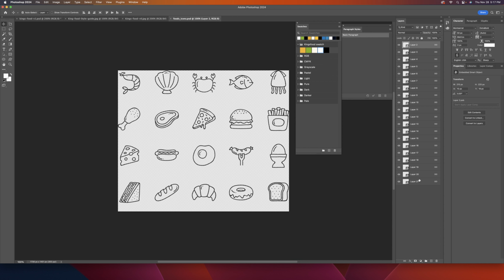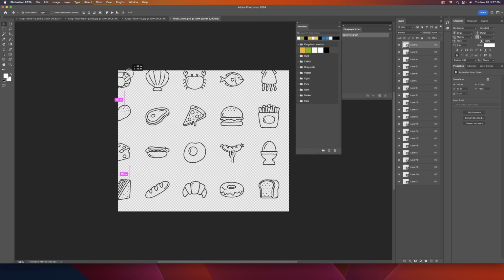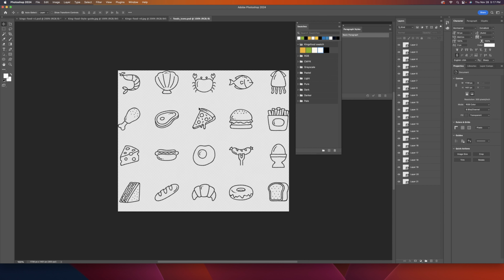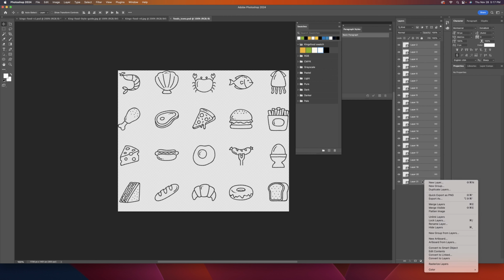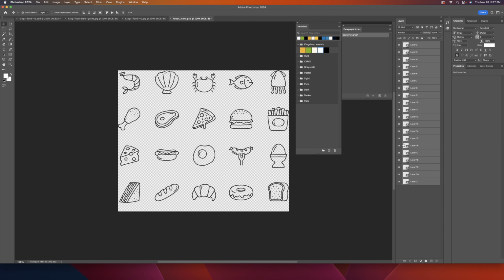All of these layers are linked to each other, which means that if I click and drag one, then everything gets dragged in. Now, I do not want all of these logos. I just need a few of them. So I'm going to select all and right click on it and unlink all of these layers so that I can control them